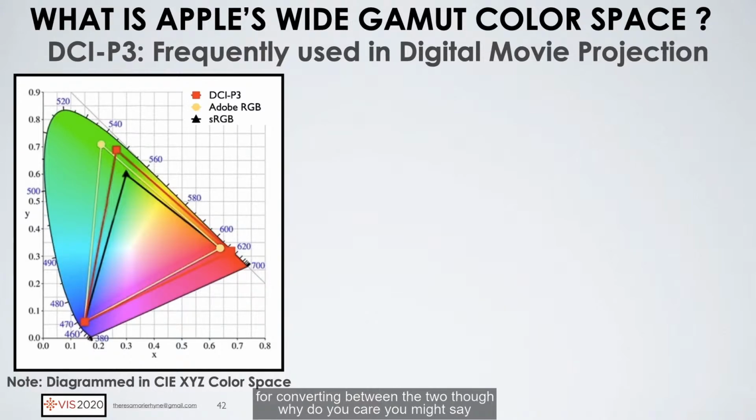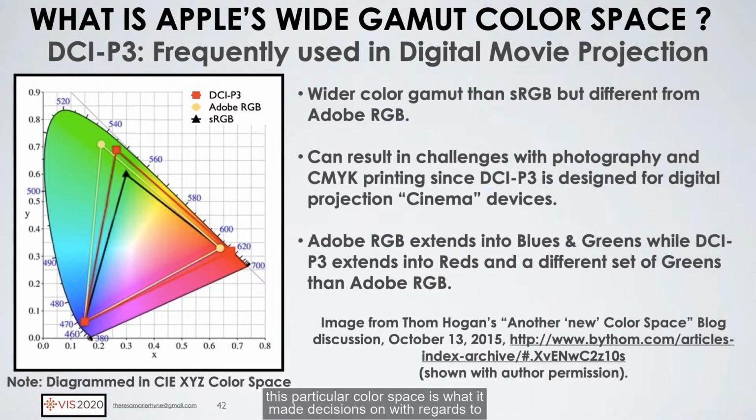Now, why do you care? You might say, you've been talking about all this stuff. What do I care about this? Well, you care if you're going to look at your next mobile phone. You care because Apple uses a wide gamut color space. This particular color space is what it made decisions on with regards to streaming media. It's a wider color gamut than sRGB, but it's different from the Adobe RGB that I talked with you about. And it results in some challenges, because what you use in photography and in creating digital media, even film, is a little bit different than their standard, which is